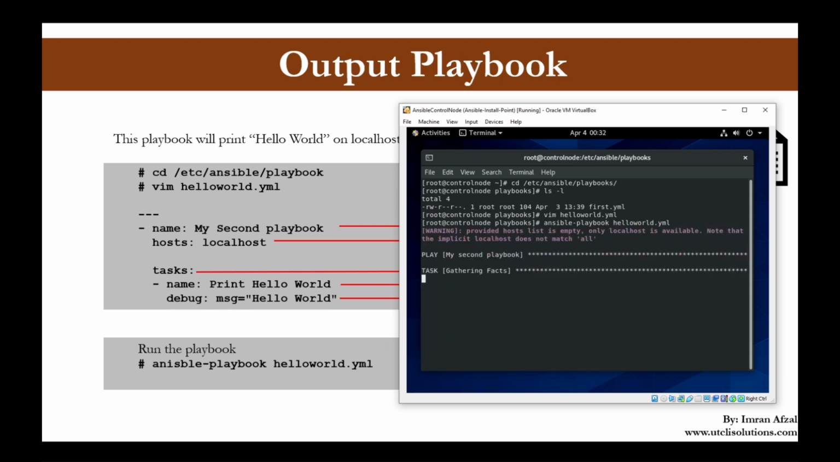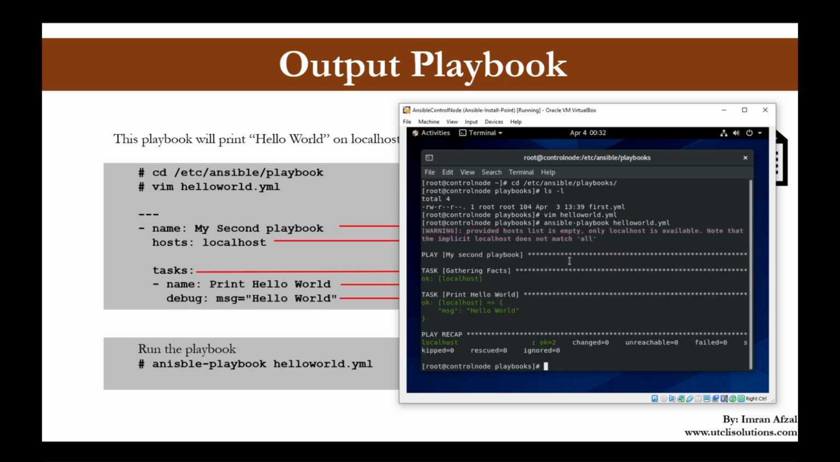All right, it is giving us "provided host list is empty." This is just a warning sign, which is telling us that there is nothing in the host file, which is /etc/ansible/hosts. That is fine. So it's going to use localhost. All right, so it went to the localhost, played my second playbook. It did the task on the localhost, and the task is to print hello world, and the message came out to be